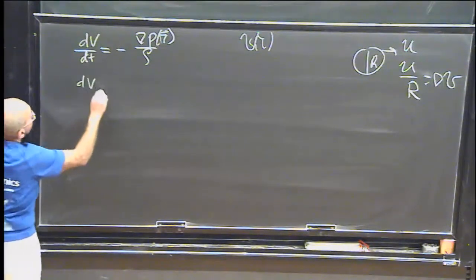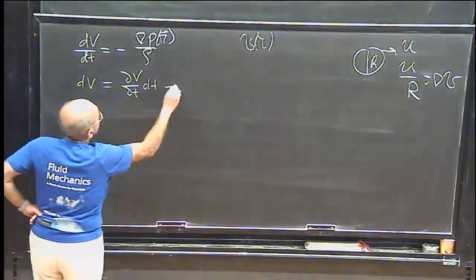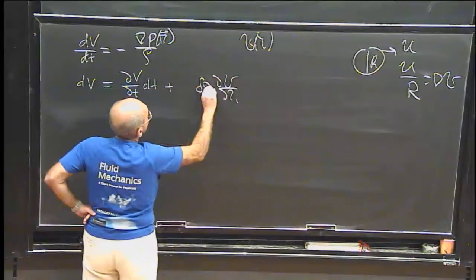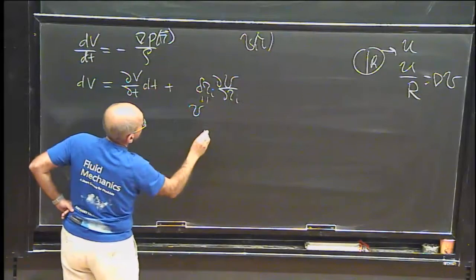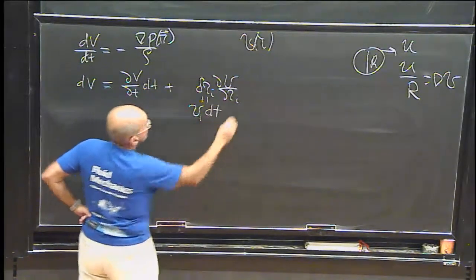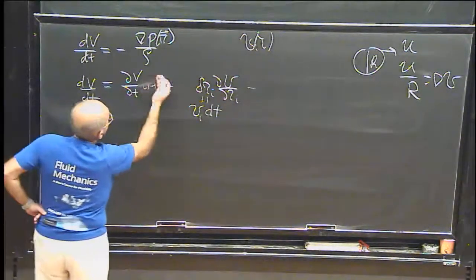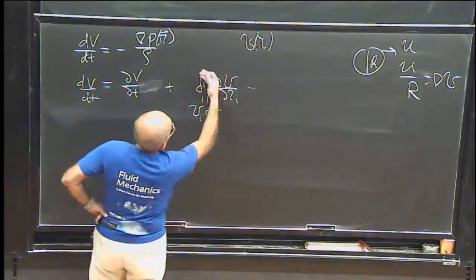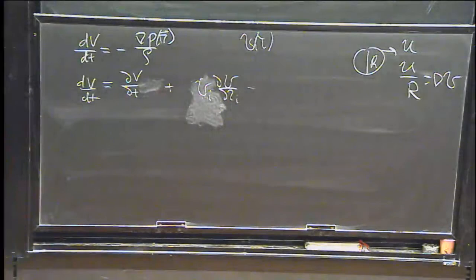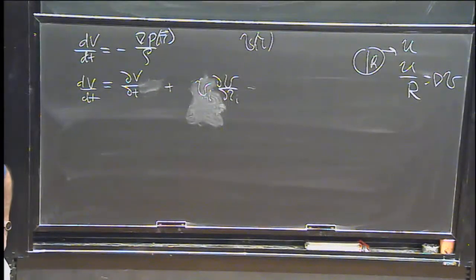Any dv during time dt would be ∂v/∂t dt plus ∂v/∂r δr, but this would be v dt, right? So if I now divide it by dt, there will be this, which is called the material derivative or convective derivative, which essentially,